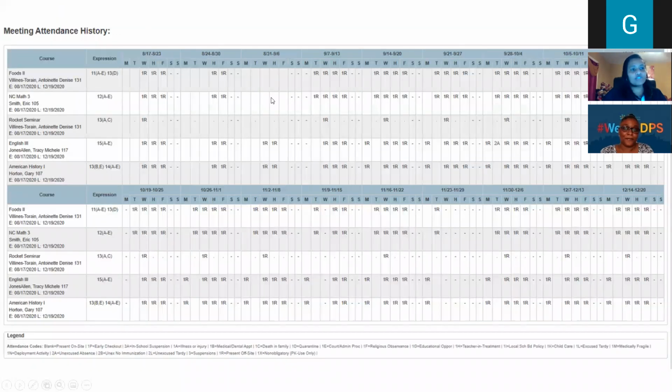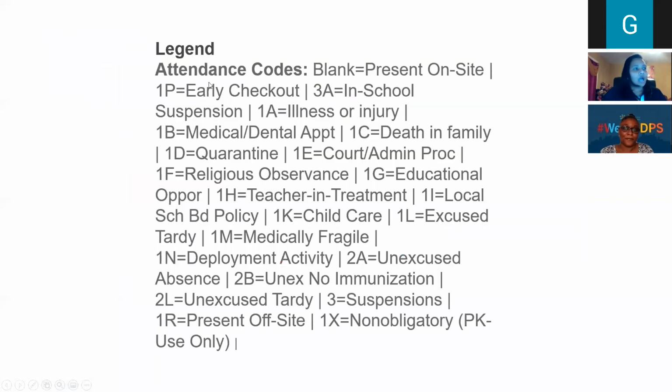For the attendance history, this year we have a different attendance code, which is the 1R. This will allow the parent to see how their student is coded each day for their attendance. At the bottom of the screen is a legend with the attendance codes. On this slide, we will review the codes, which is blank was present on site,